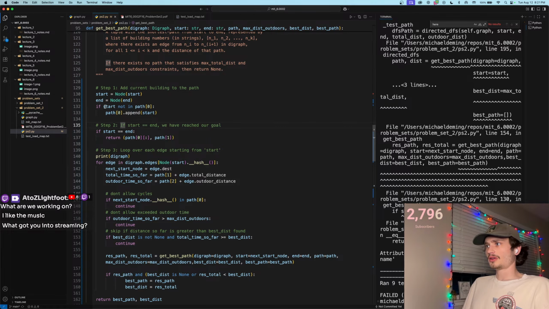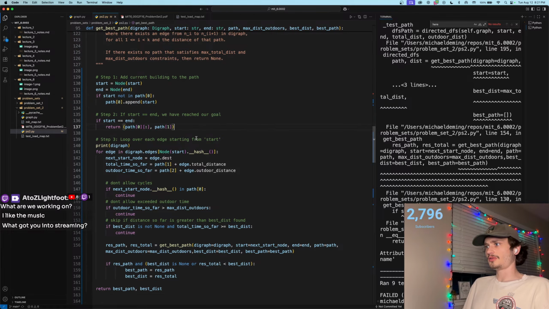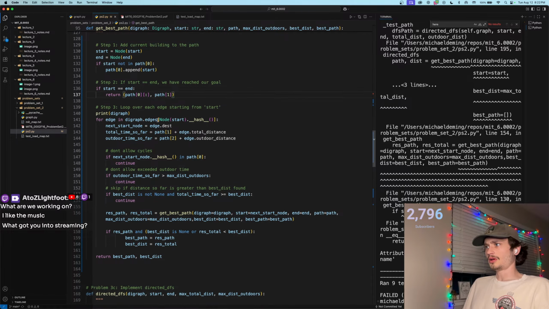If start not in the path of nodes, we're going to append the start. If the end and the start equal one another, okay, we're going to do start dot hash. Next node is a node here. Next start node hash. If next start node in the path